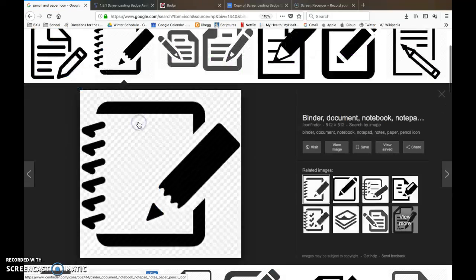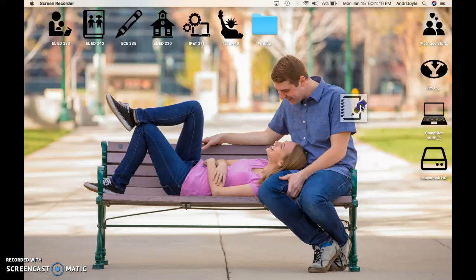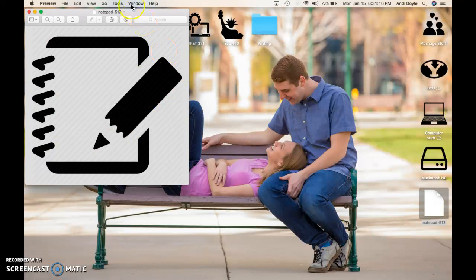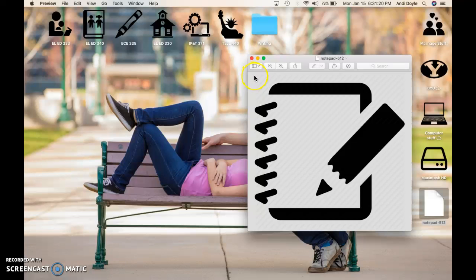When I find something I like, I make sure it has that background, which means that it'll be see-through when I use it, and I'll drag it to the desktop. Once I have that, I'll double click on it and pull it up, and we'll be sure to highlight the whole thing. Then I'll do Command C to copy it,